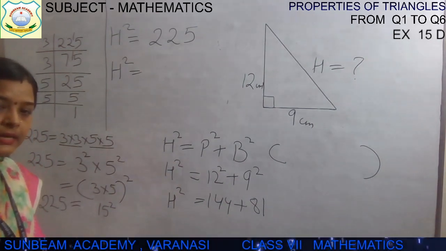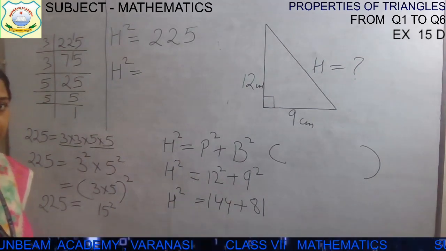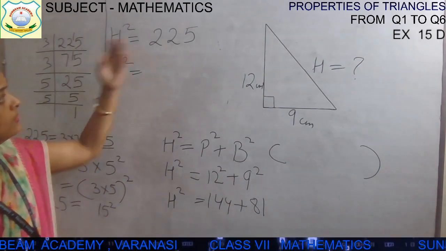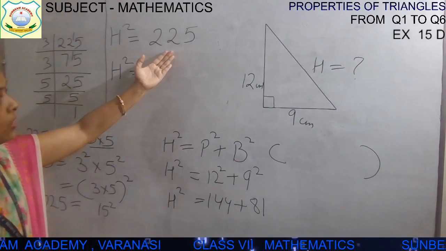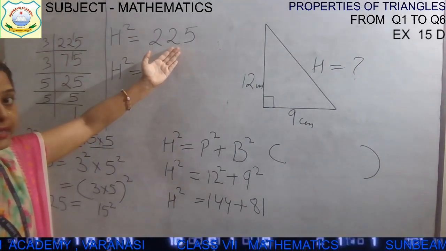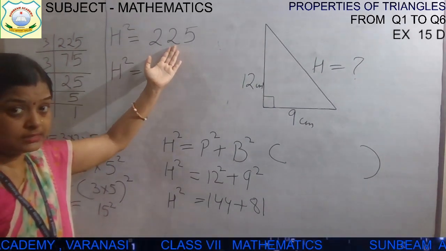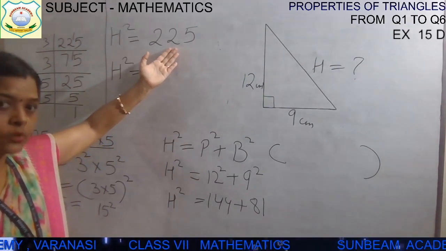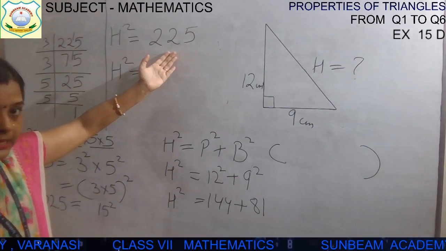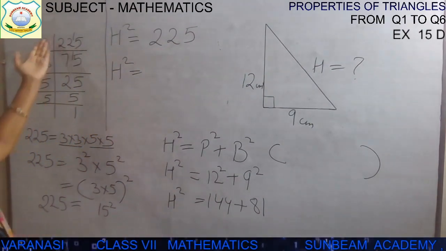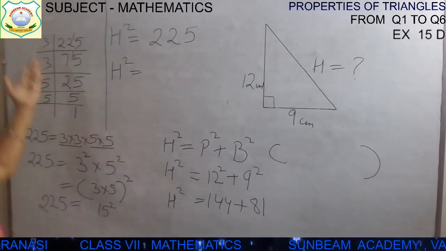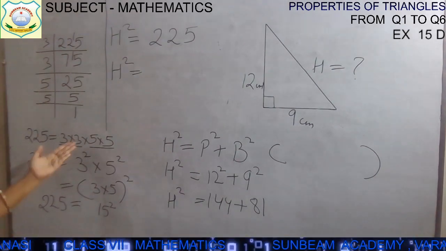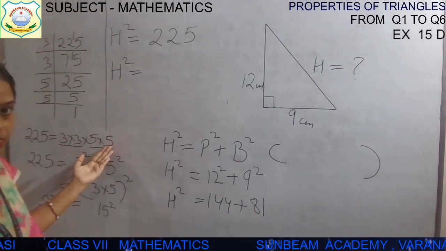225 can be written as 15 का square. कैसे किया मैम ने? Ma'am has first solved it. 225 का square कैसे निकालेंगे? This number is a square number of some number. कैसे निकालेंगे बेटा? प्राइम फैक्टराइजेशन से. प्राइम फैक्टराइजेशन करो, collect the prime factors here. ठीक है, सारे फैक्टर्स को कलेक्ट कीजिए.